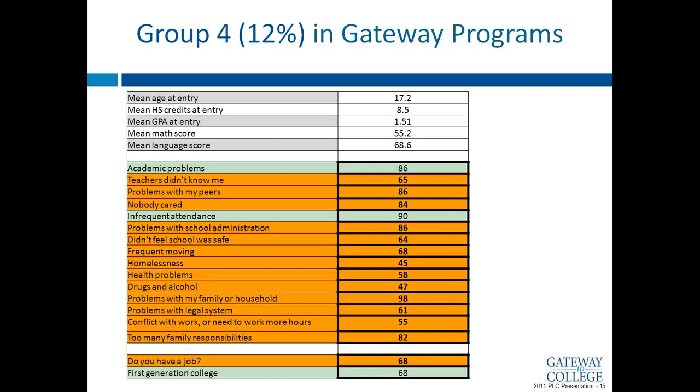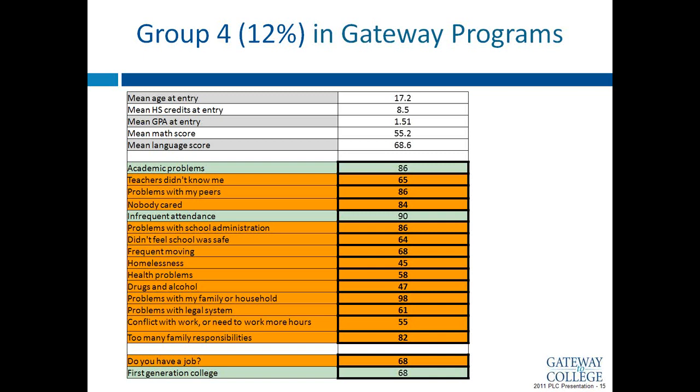So these students have problems and barriers to being successful in school all over the place. In school, out of school, at home, with their peers, with their families. And again, this is all student report, so these problems may, in a more objectified realm, be really real or not. Part of this may be students who just really need that growth mindset, who are taking everything really personally and escalating it.